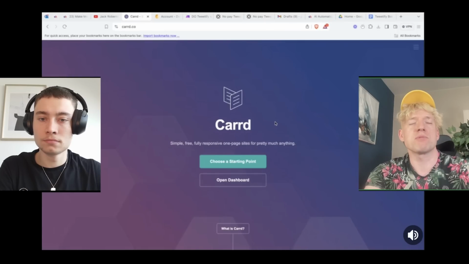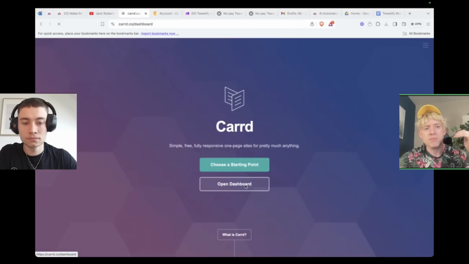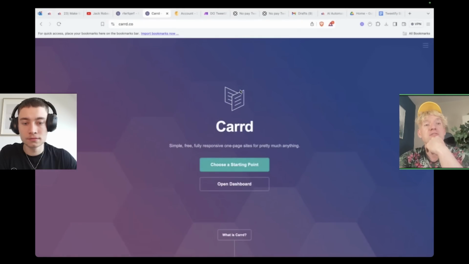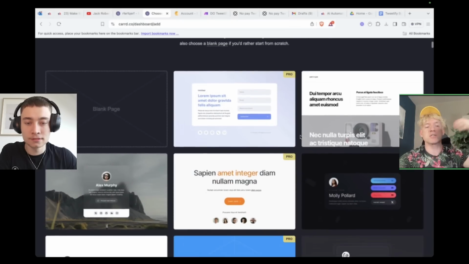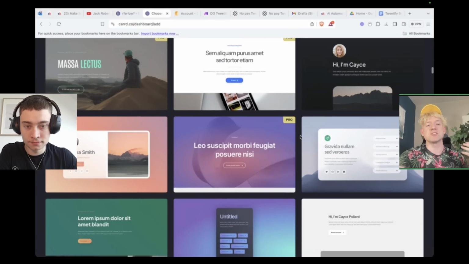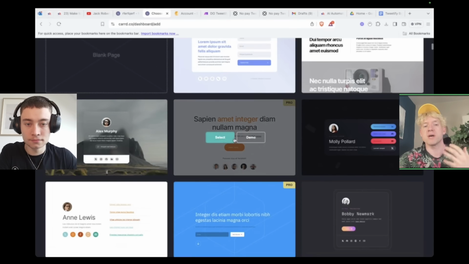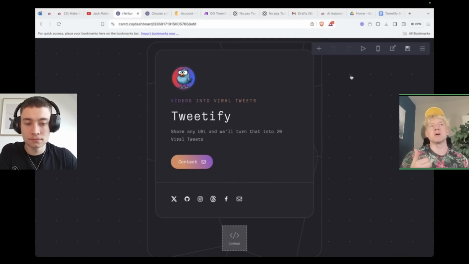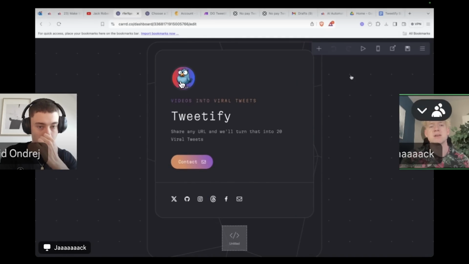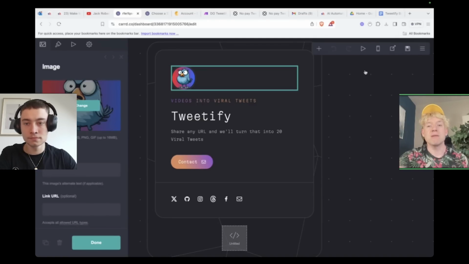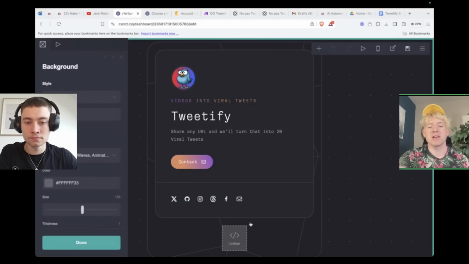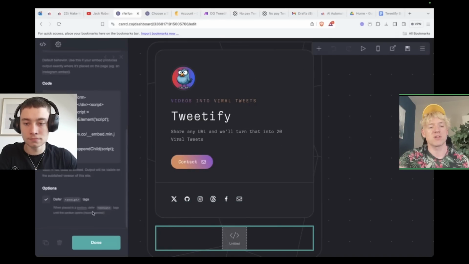I start with this website called Card. If you're not familiar with Card, like if you go over to card.co, there, but I don't know, have you used Card before? Are you familiar with those? I haven't actually. So basically you can choose a starting point, designs that you like. I recommend it because it's super easy. So you pick one. And then the way that Card works, you can publish the website within like a minute. But then you can do lots of things like, change the images. You can add different assets if you like to. So for example, this is the code. I'm just going to delete this for a second.